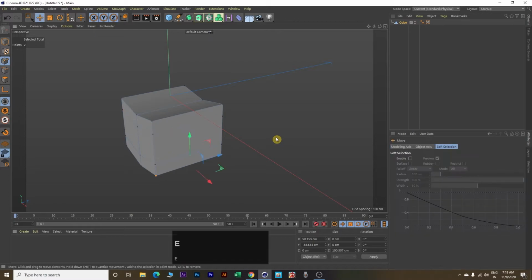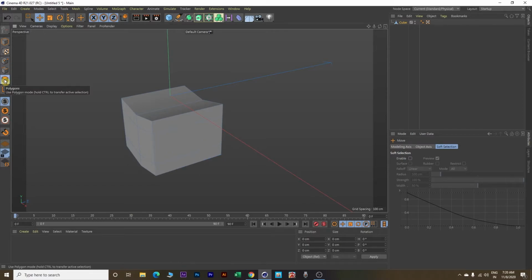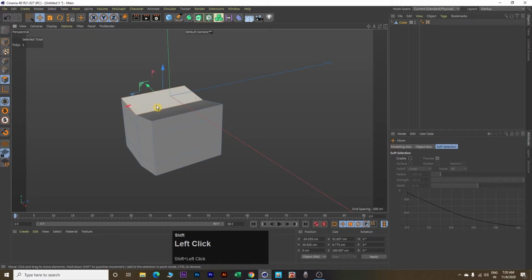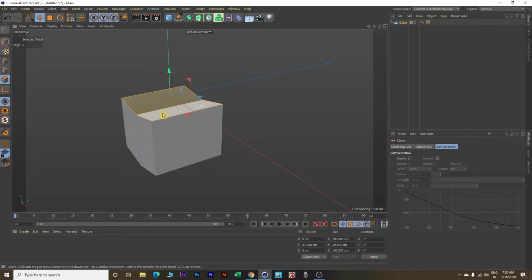Now click E and then click on this polygon button and then select the top two surfaces of this cube, and you can select both of them at the same time by using the shift key. Now click T to activate the scale mode.